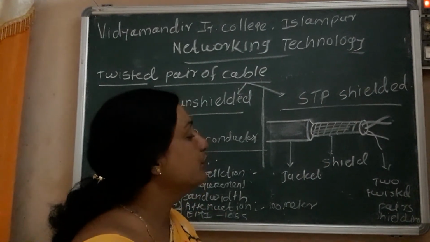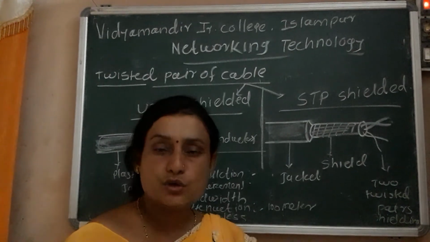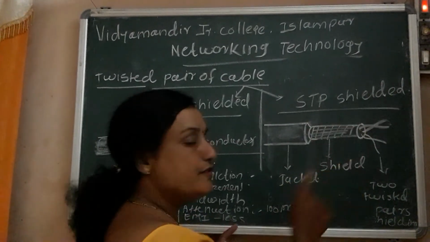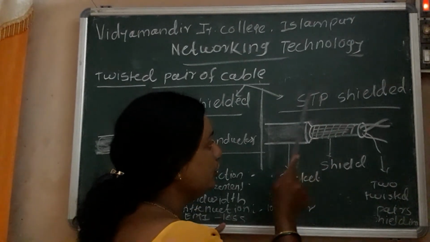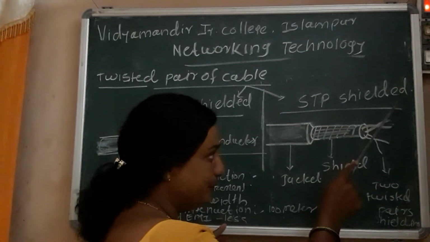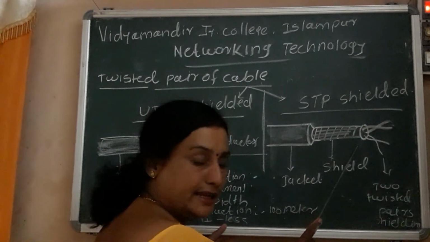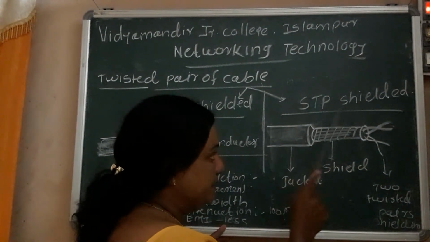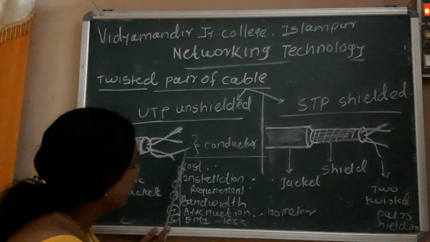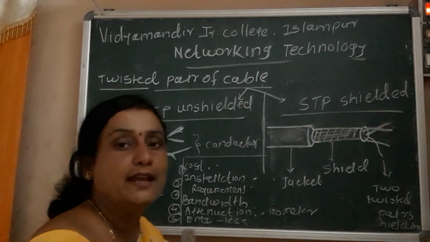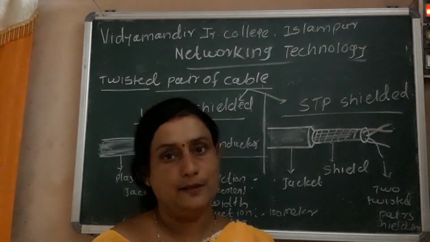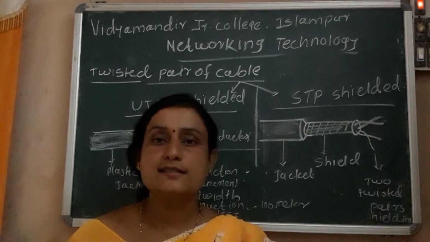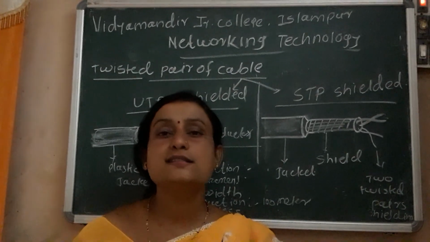In a board examination, when a question is asked, explain STP, that is shielded twisted pair cable, then you give the information about the shielded twisted pair cable, draw this diagram. After that, explain the components of this STP cable, and next explain the five measuring characteristics of the STP cable. Okay, next we discuss the difference between STP and UTP in the next lecture.